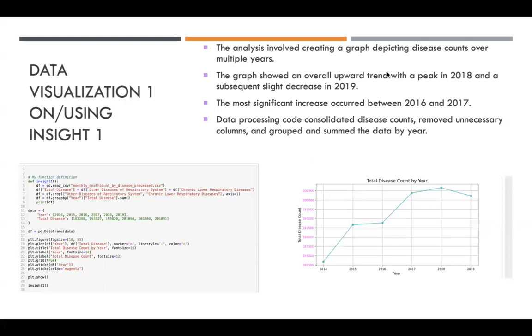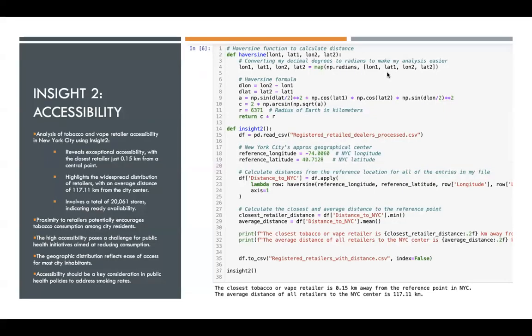So this analysis was really an eye-opener, highlighting the multiple influences on health trends. Moving on. In developing my second insight, I used a Haversine function. I really wanted to understand how accessible these retail stores are to the residents of New York City. Doing this, I analyzed over 20,000 stores, and I noticed after coding that the minimum